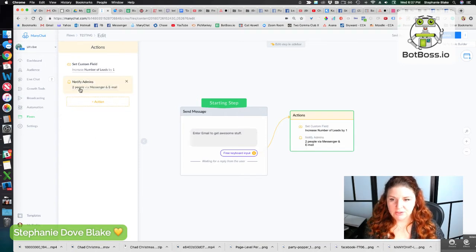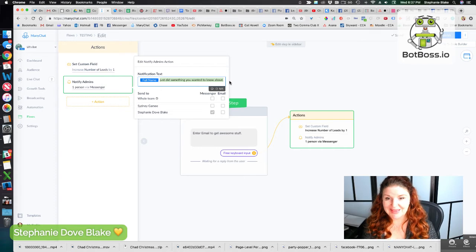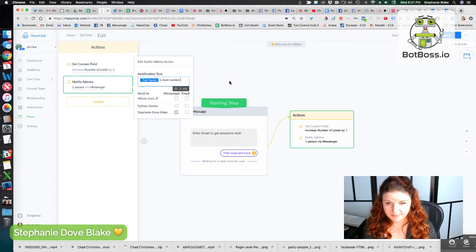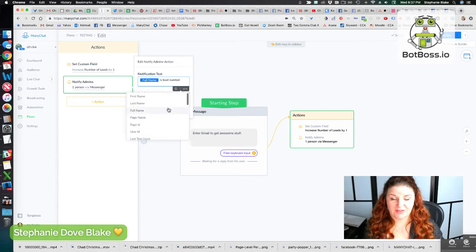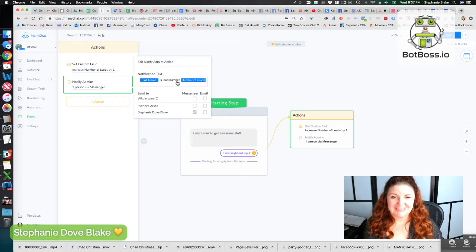Then you click right here to people and you're going to select the people that you want to be notified. In this case, I only want to notify myself. And then here, we're going to leave their name, full name. And this time I'm just going to say full name is lead number. And then I am going to actually input that bot field by using the placeholder right here. Okay, so we're going to go down further, number of leads. There we go. Number of leads. There we go. Full name is lead number, and that's going to display the lead number and